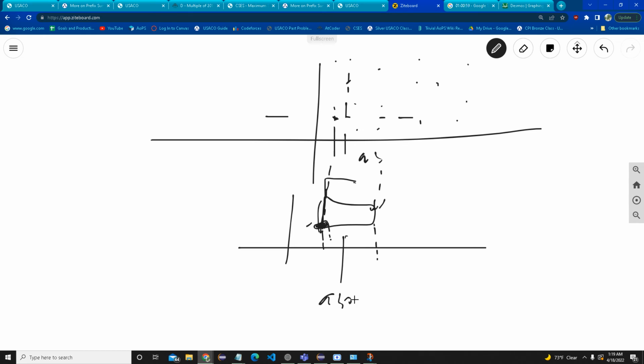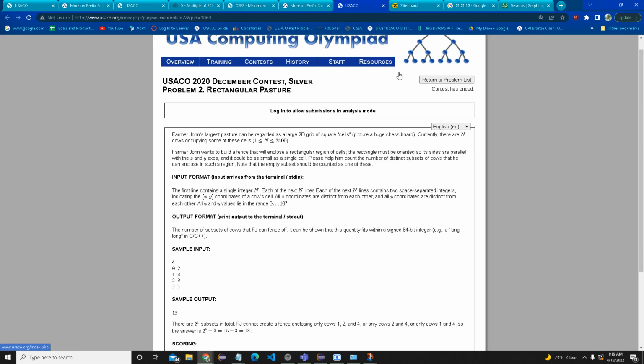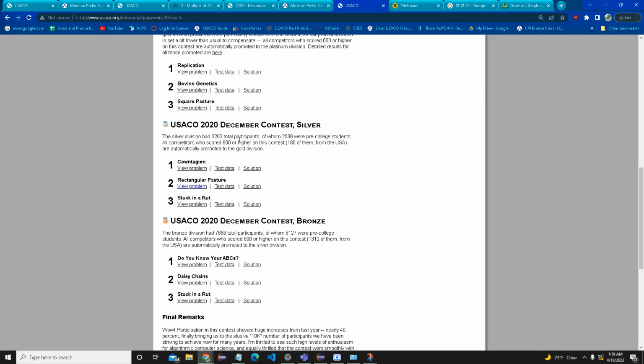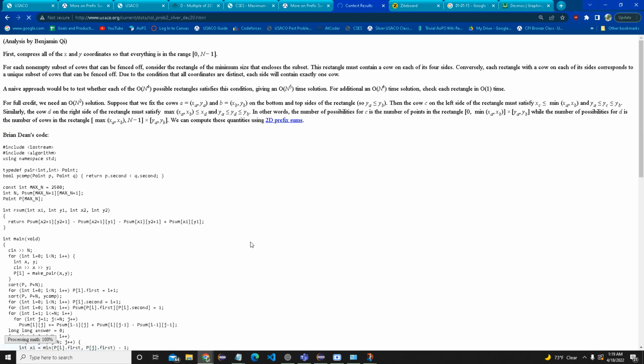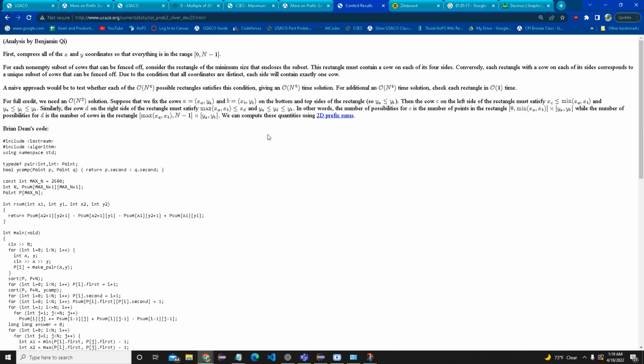So it'd be like above times below, or whatever, and this plus one, and that would be your answer. And we did solve this problem, but I did not get this obviously when I did this because I kind of just choked. You don't really need 2D prefix sums. You could just,